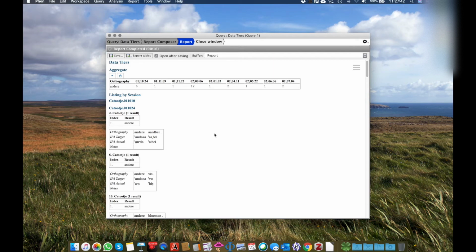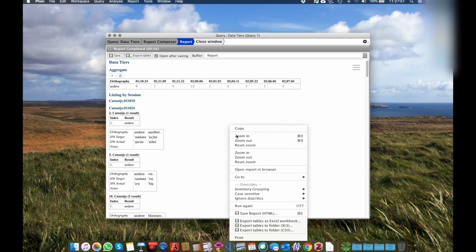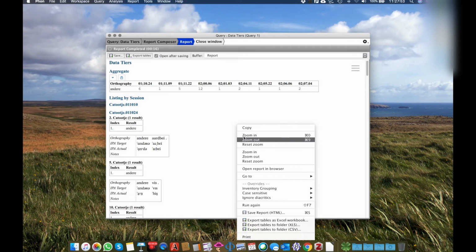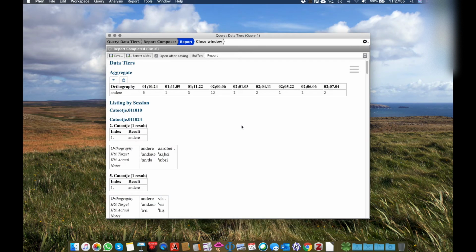In case the prints are too small, we also have an option to make the report larger. You can always right-click and zoom in to get your report larger. Okay, or smaller, you can zoom out. And at that point, this report is really a preview, and the preview report is really useful in that, as